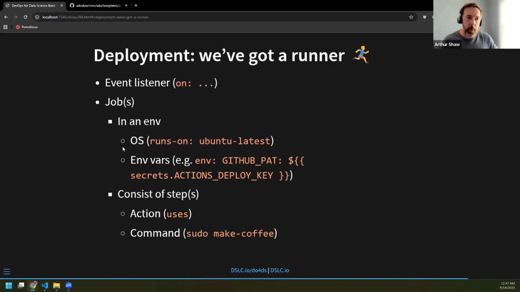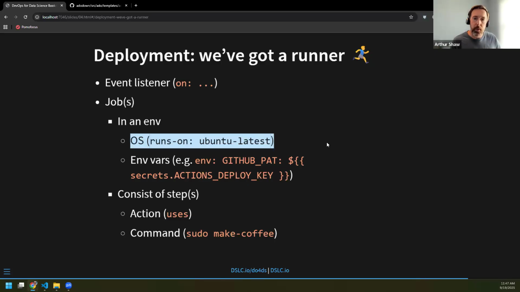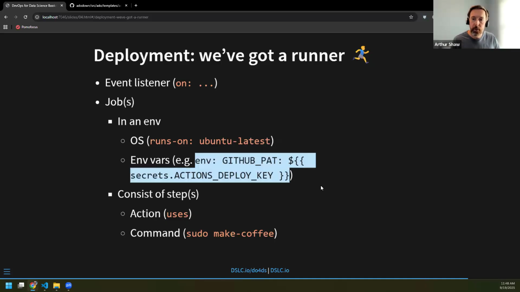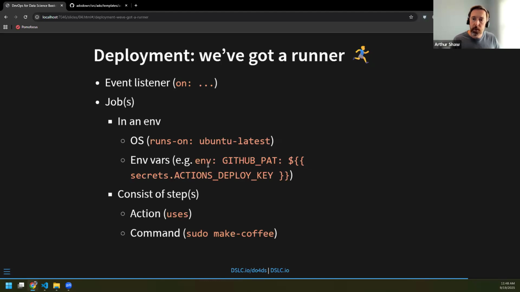Those could be one or more jobs, but let's just imagine for simplicity that it's one job, deploy, whatever that means. It'll be done in an environment. You have to have some operating system on which it works. Very often people will put runs on Ubuntu latest, or maybe a specific version of Ubuntu or something like that. With GitHub Actions, you can also use Windows and Mac. And then you'll have a set of environment variables. I think probably the minimum thing you need to pass to GitHub Actions is this expression, although with some indentation,